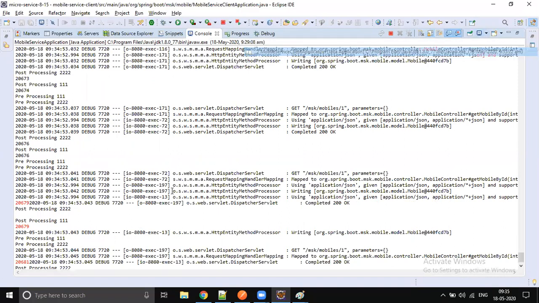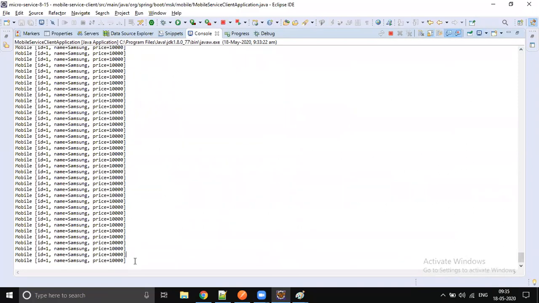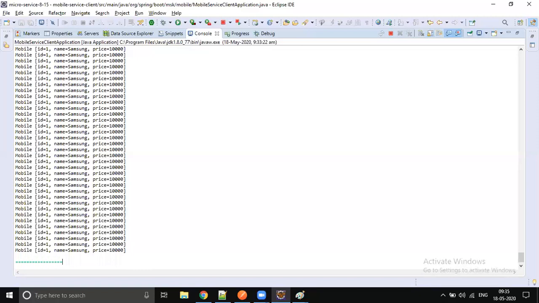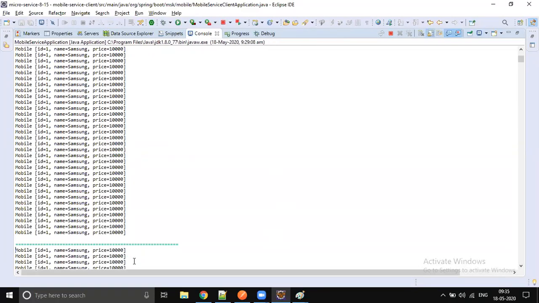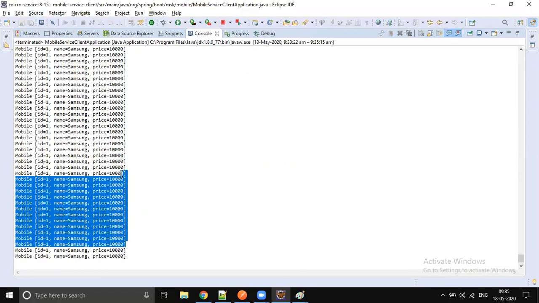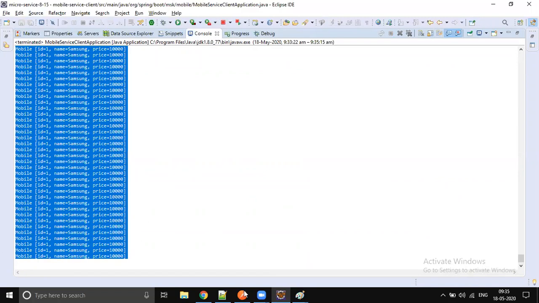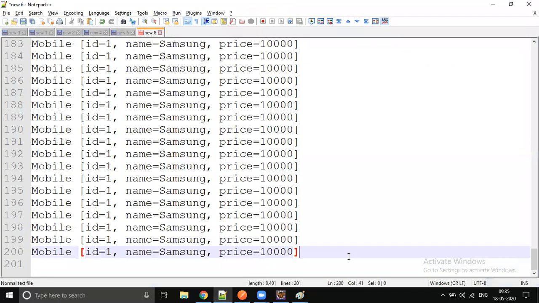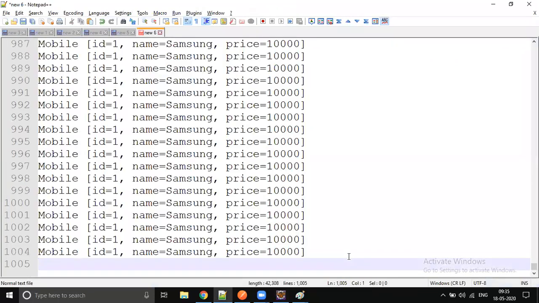Let's go to client. Okay, so we sent 1,000 requests, right? So this is the last batch. Once the last batch processing completes, our application gets shut down. So even though we sent 1,000 requests, all 1,000 will not be processed in one go.